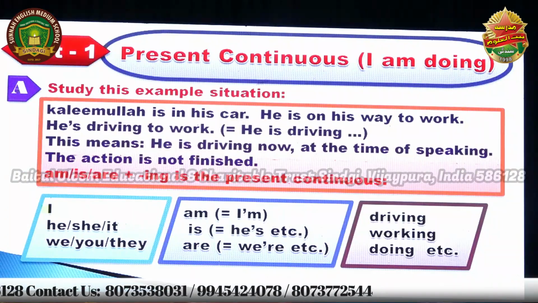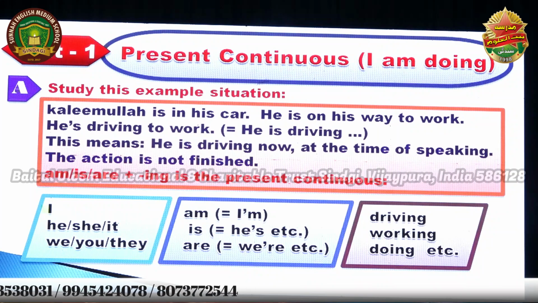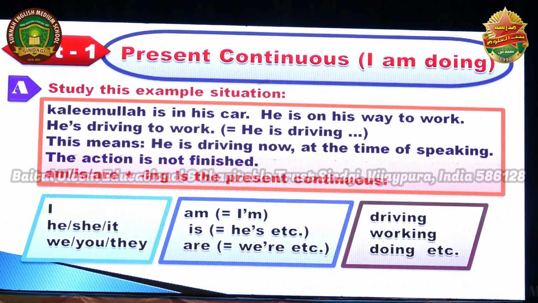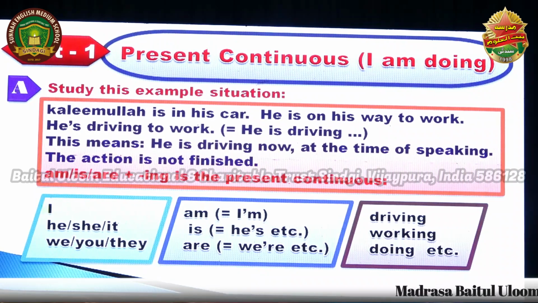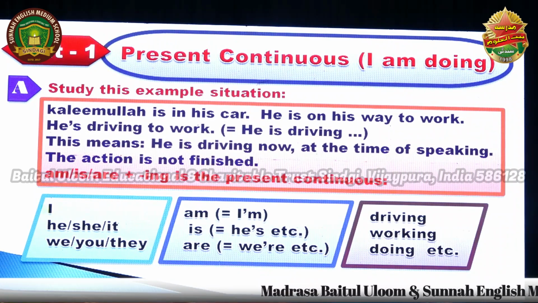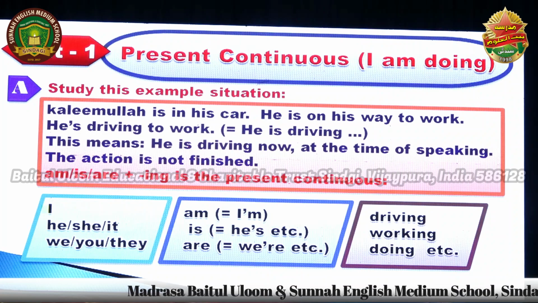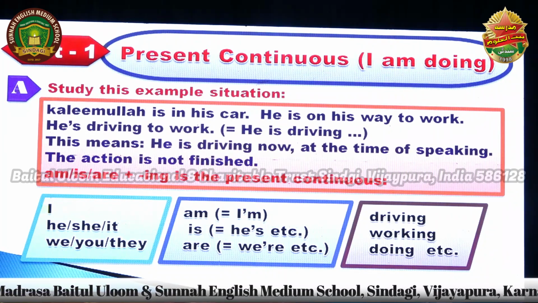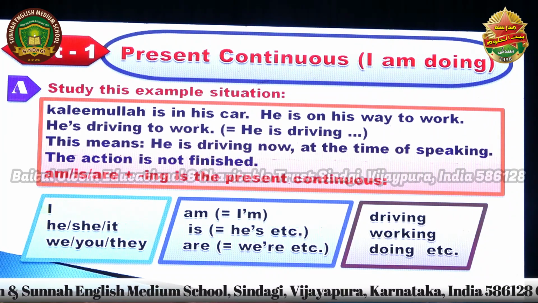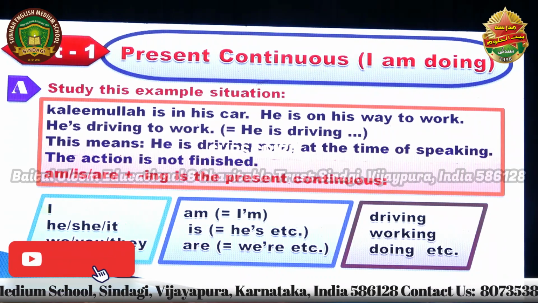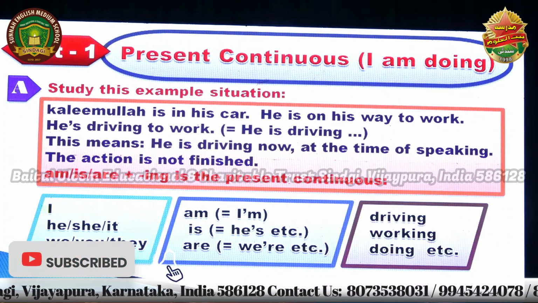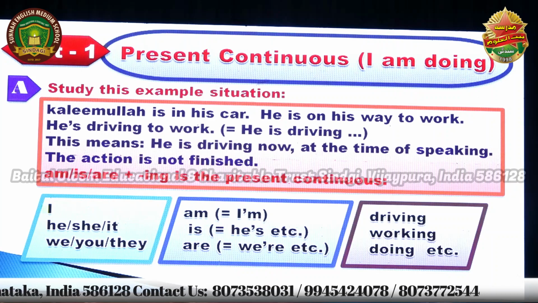We use present continuous tense to tell our continuous work. For example, I am delivering the talk and you all are listening to my talk. The second usage of present continuous tense: I am doing something, I started, I am in the middle, I have not completed the work. For example, Aisha is talking with her friend.